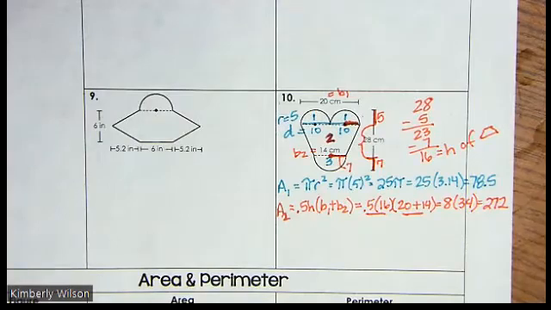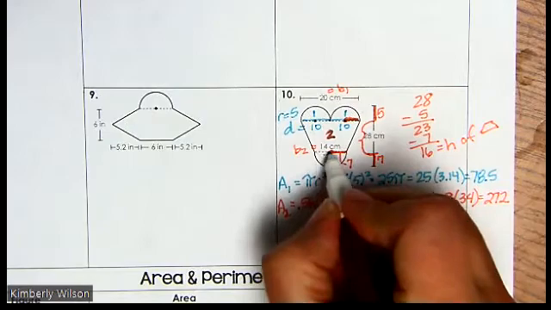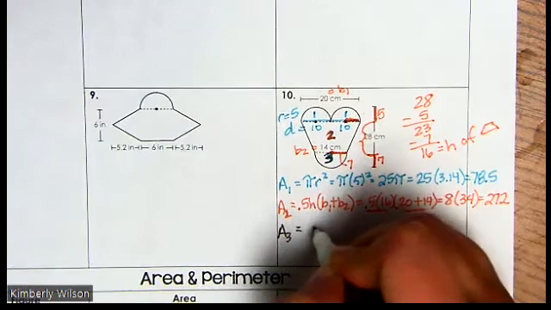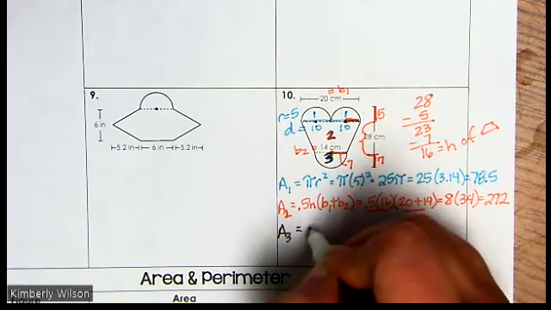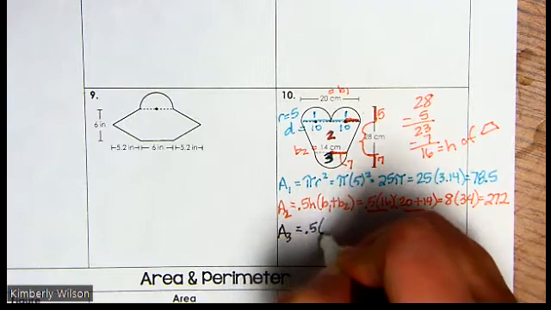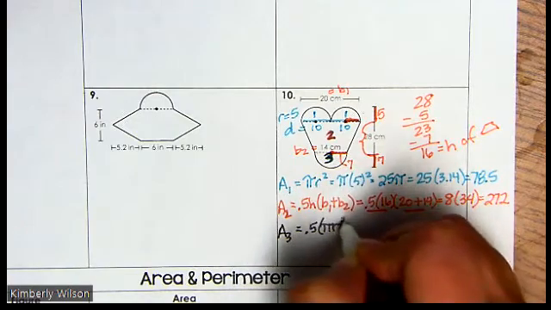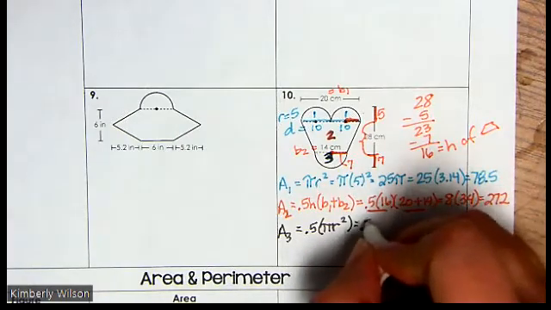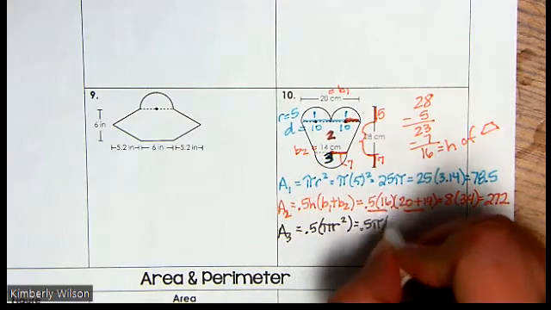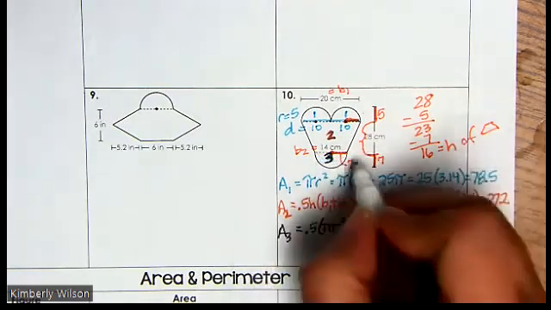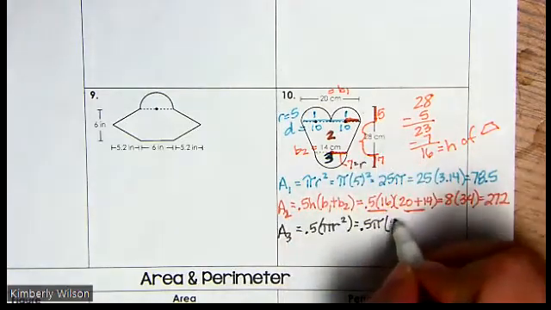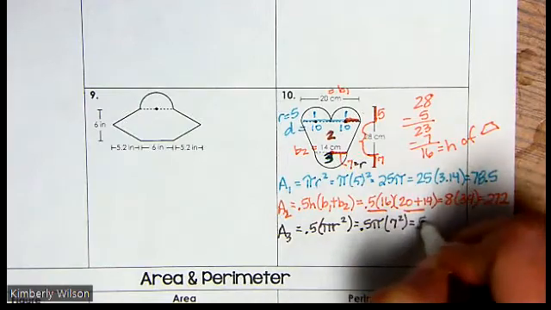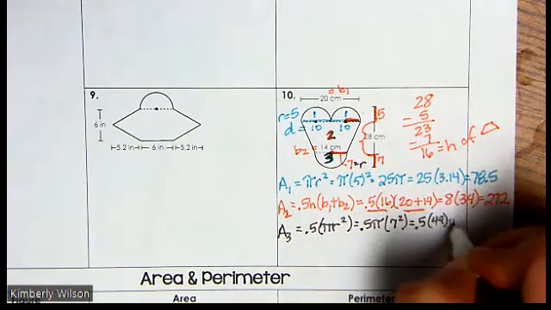Now the next shape, which is this last little semicircle, figure 3. The area for the third one. Well, that's half a circle. So that means I'm going to be doing 0.5 times pi r squared. So I'm going to have 0.5 pi. Well, if it's 14, we already found that this was my radius. So we have 7 squared. So that's going to give me 0.5 times 49 times pi,